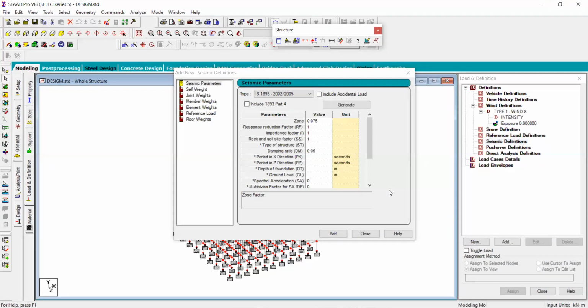Zone 5 is the highest zone, and if there is movement of the fault, it will create more forces on the structures. So depending on the location, you can decide the zone factor.